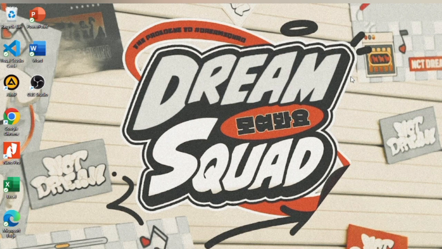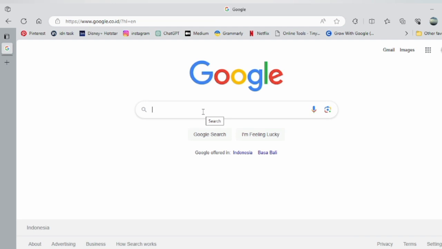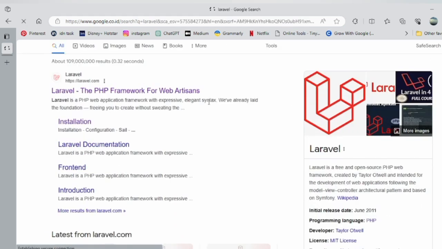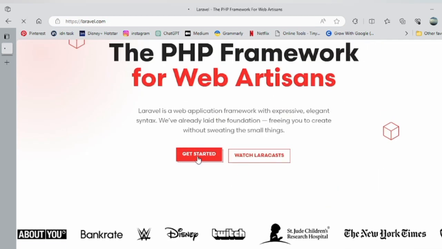And right now, I'm gonna make CRUD with Laravel and Livewire. CRUD stands for Create, Read, Update, and Delete Data. So first, you can go to browser and then search for Laravel. Right here, you can click Get Started,